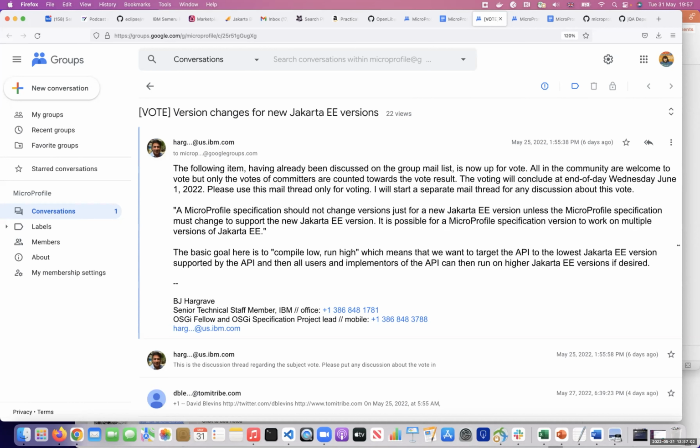Well, I think in a more specific example, if we pick MicroProfile Config, it's based upon the CDI specification. And there are certain features that use the CDI extensions to offer it. Now, of course, if the CDI specification is enhanced to add a new feature and thus has a new version, but that new feature is not used by MicroProfile Config, then there's no reason that the MicroProfile Config API should update its dependency on CDI to the newer version, because it's not necessary.